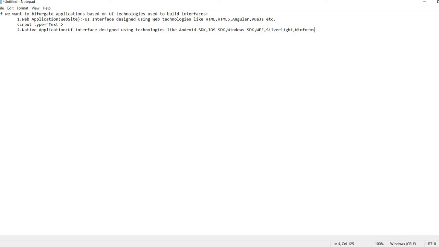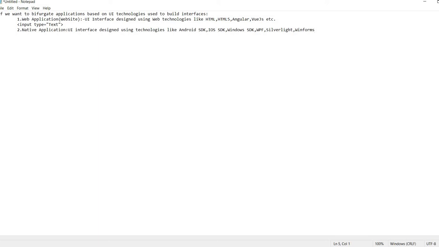Pure native means every UI control of our application which we interact with is designed with non-web technology like Android SDK, iOS SDK, Windows SDK, WPF, Silverlight, any native UI